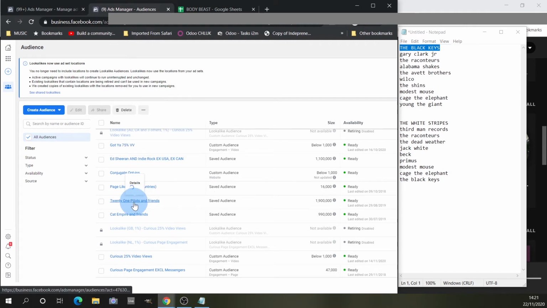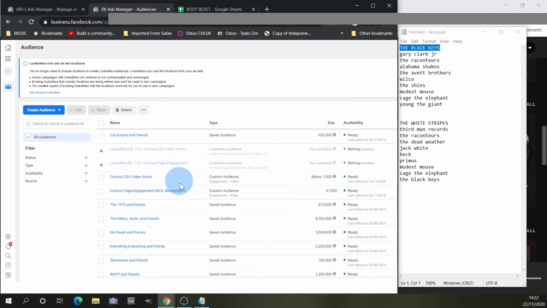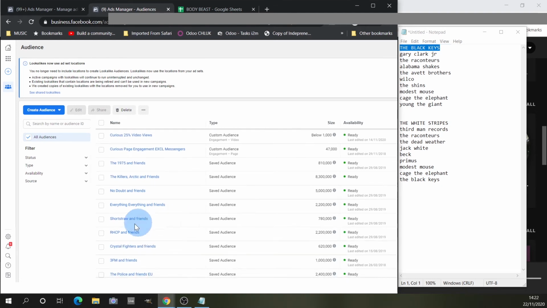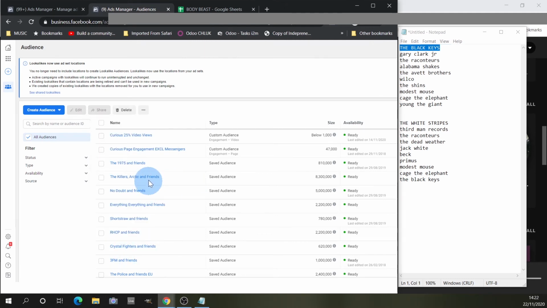I've got another one for 21 Pilots and Friends, and as you can see here, these are all the other ones I'm excluding to make sure that it is as accurate as possible and so that there's not much overlap between the audiences. Cat Empire, No Doubt, 1975, The Killers, Arctic Monkeys, Red Hot Chili Peppers, etc., etc. So basically you get all of these audiences, and then when you go to make your ads, so let's go